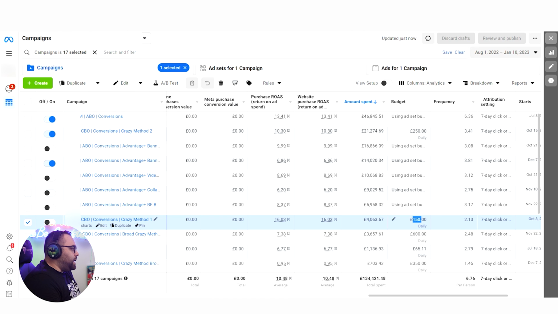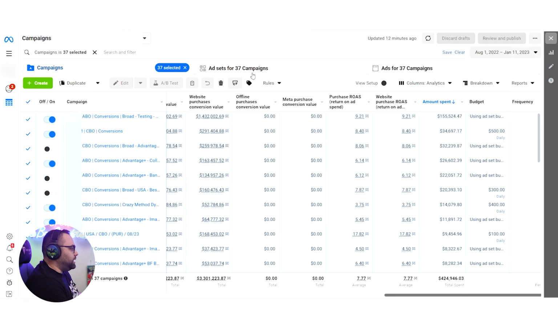Now, the misconception here is that most of the time people don't understand how Advantage Plus works, and they just go and do ads like headless chickens. And the problem with that is that when you don't analyze why something is working, you end up doing things here and there without understanding if they are going to benefit you or not. The moment you realize that Advantage Plus is going to focus on one ad, you start having ideas of how you can make this even better and expand it.